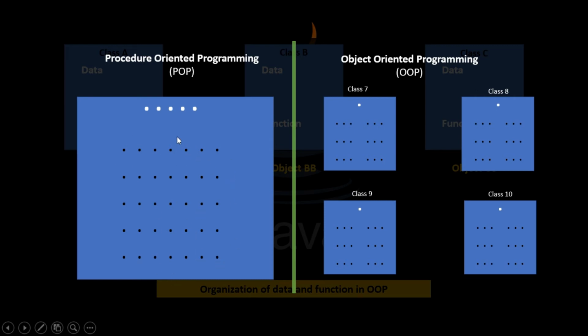Now you can see here that each student can see all the teachers easily, and each student can see each student easily. That means access is very easy here. Anybody can interact with or access anybody. And if a teacher says anything, each of the students can hear it clearly at the same time.